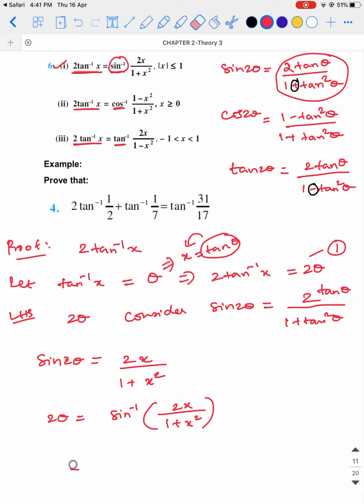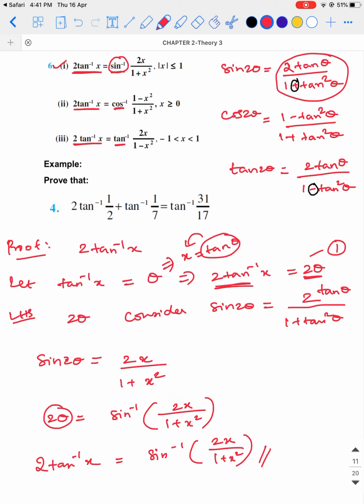So from step 1, what is 2 theta? 2 theta is nothing but 2 tan inverse x. So 2 tan inverse x will be equal to sine inverse of 2x divided by 1 plus x square. So this is how we prove the first identity. Similarly,